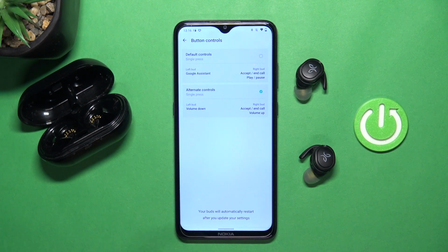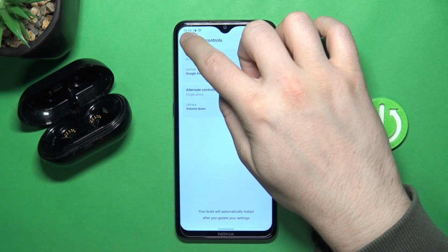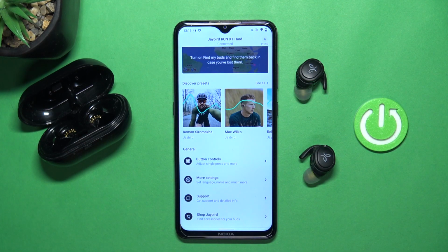So yeah, as you can see, that's how we can do this. And there is no any personalized options, but that's how we can change this